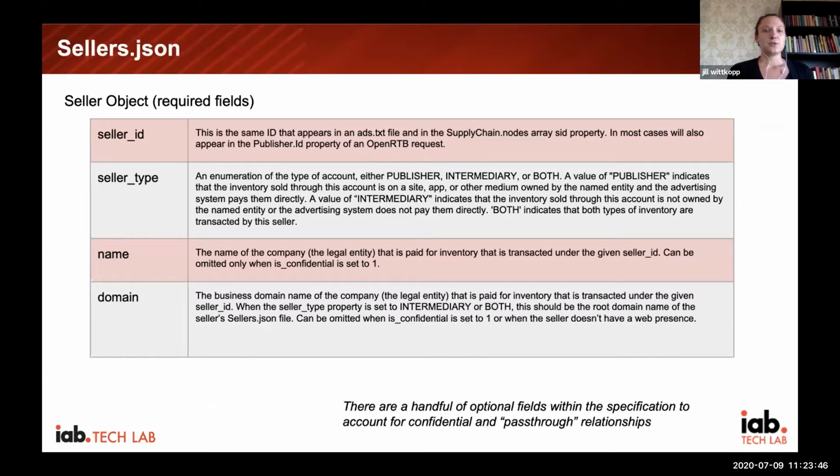And then I'm going to take you through, so that was ads.txt, a very simple format, very few fields. Here is sellers.json, which is a slightly newer specification. It is focused on the advertising systems. So someone like Index Exchange would have a sellers.json file, and it has more fields. What I've shown here are the 4 required fields because they're the most essential, but there are a handful of additional optional fields for